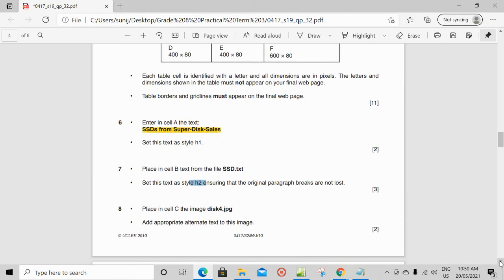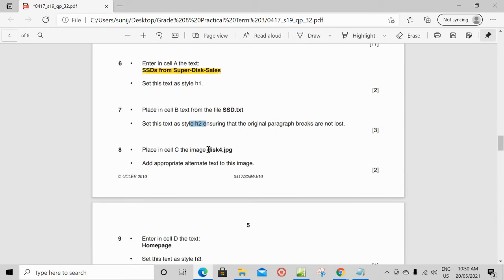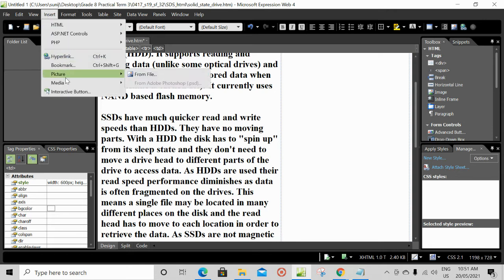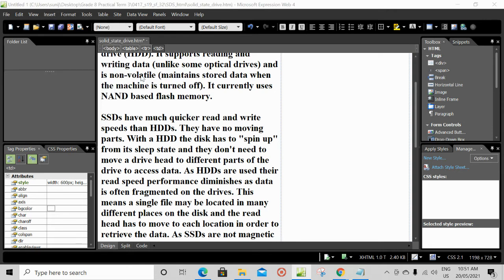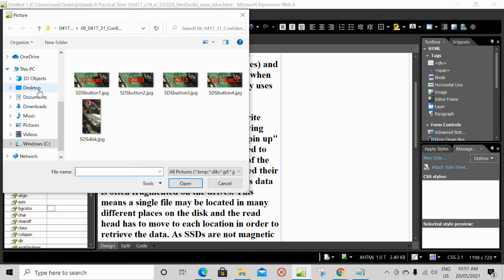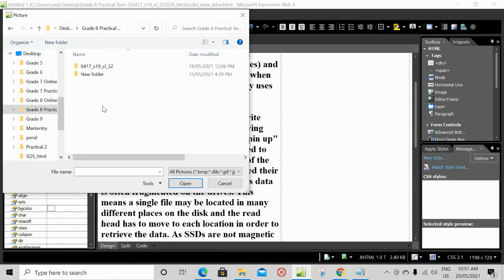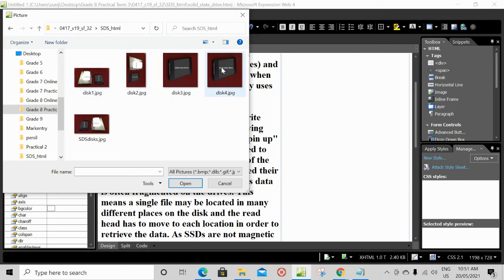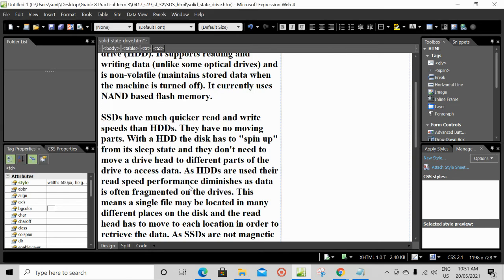Now question 8, place in cell C the image disk4.jpg. So in cell C, we have to place the image disk4.jpg, add appropriate alternate text to this image. So this is cell C, click on cell C, go to insert, picture, from file, browse to your folder, this is your folder, we have to insert disk 4, click on that, insert.